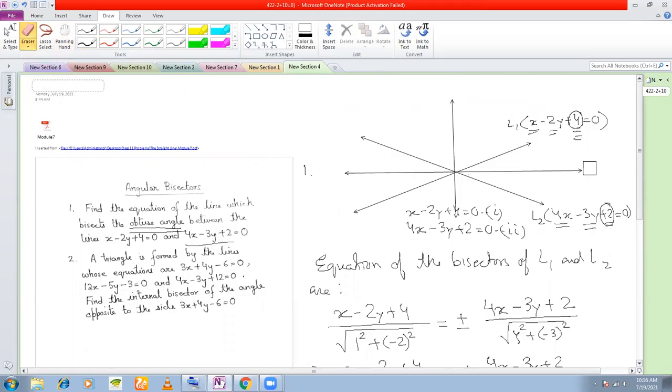Okay. So what I'll do is, in order to find out the equation of the bisector of the obtuse angle between the lines, I'm going to find out this angle. What is this angle? This angle is the angle between the first equation and the third equation, right? And I'm also going to find out the angle between this and this. This is the first equation, and this is, say, the fourth equation. We are going to find out these two angles.